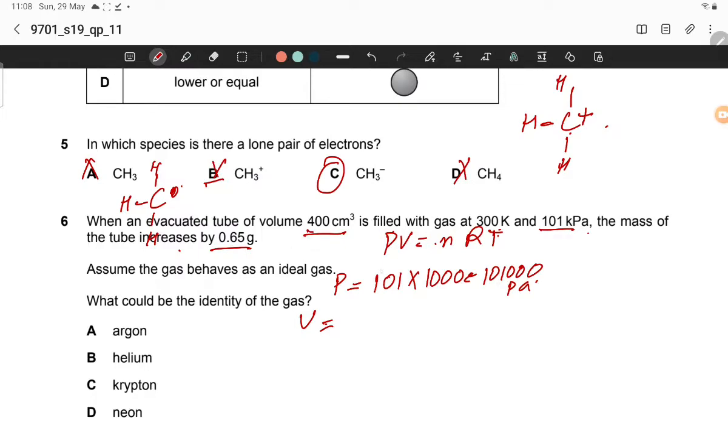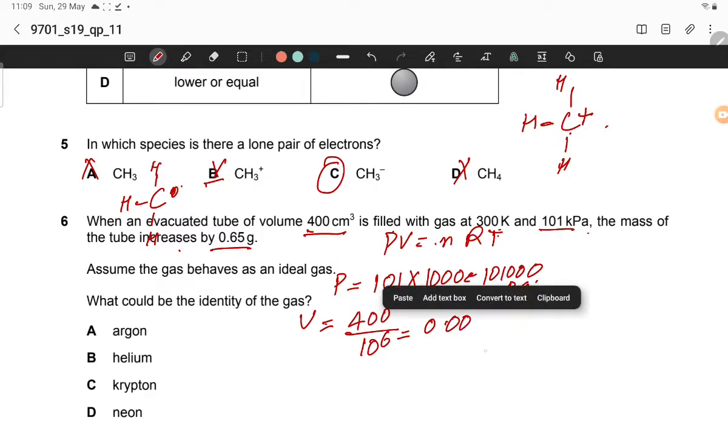Volume is 400 divided by 10 raised to 6, which is equal to 0.000004 meter cube, and R is